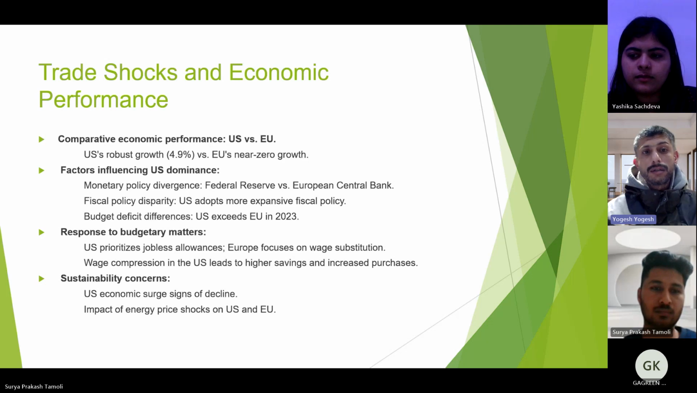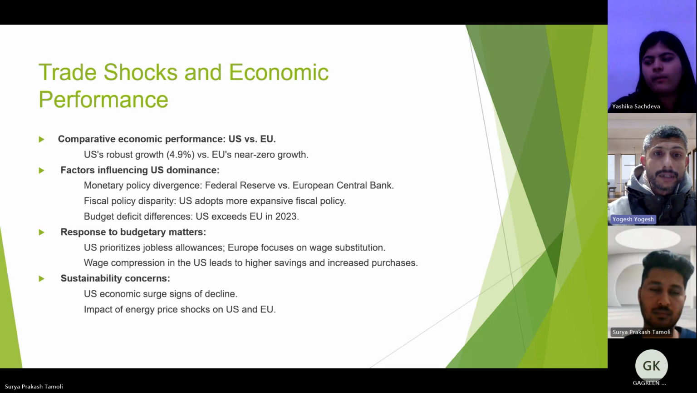Examining the response on budgetary matters reveals pronounced differences in policy substance. The US prioritized jobless allowances, offering substantial support to those who are unemployed, while Europe focused more on wage substitution programs for temporarily laid off employees. This disparity, combined with wage compensation in the US, led to higher savings and increased purchases, distinguishing it from the